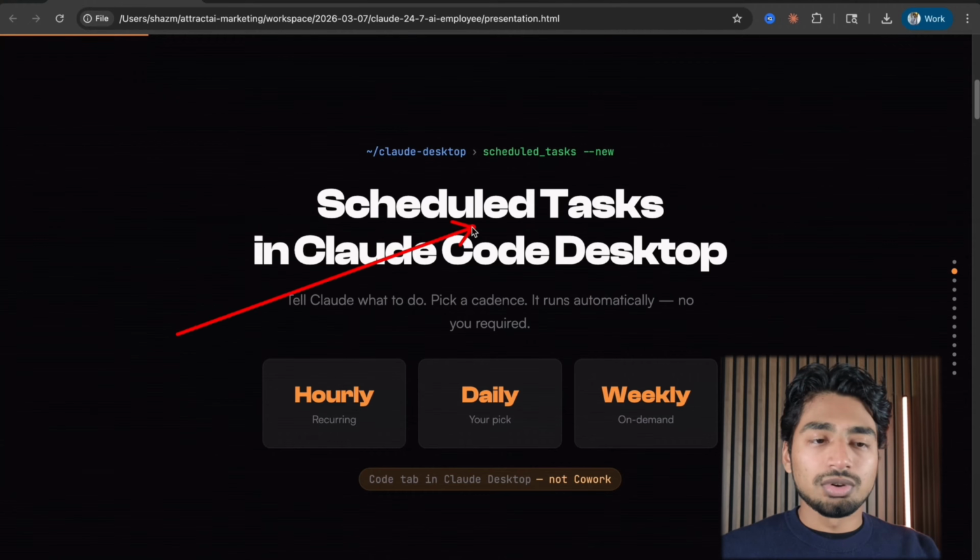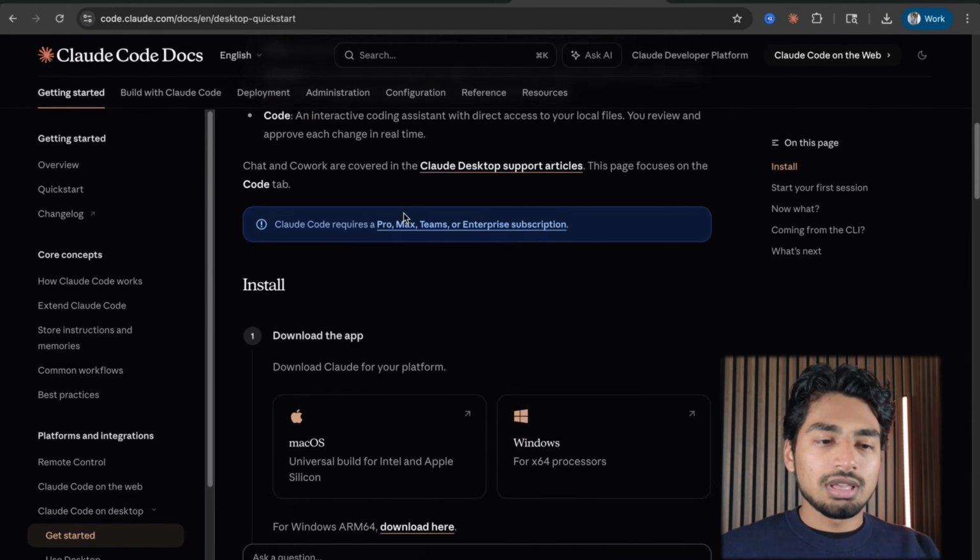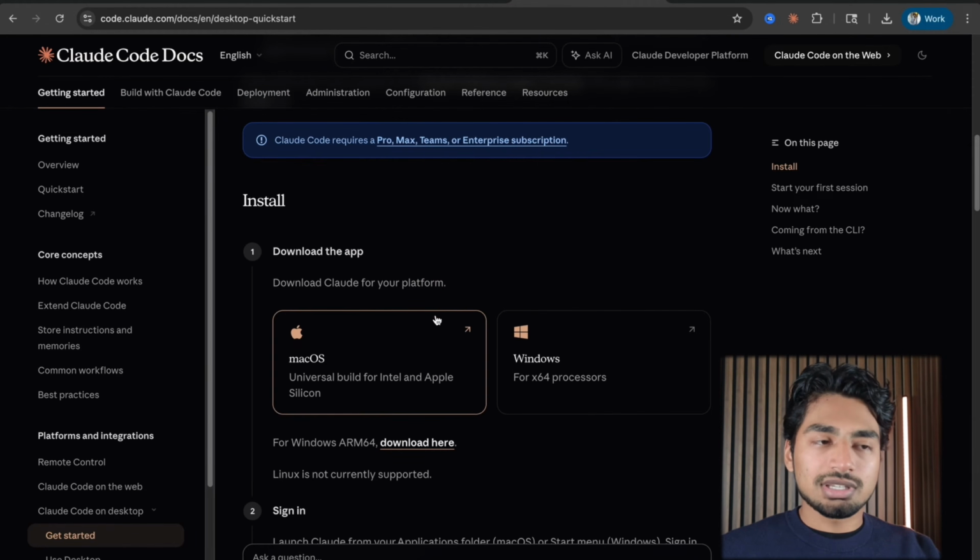So with this update, if you go to Claude Code in the desktop, all you need to do is tell Claude in plain English what you want, no coding necessary, no terminal. Pick a cadence, hourly, daily, or weekly, and it will run automatically. And to do this, obviously you need the desktop app. So just go to Claude Code Docs, look for desktop, go down and download it for your operating system, sign in,